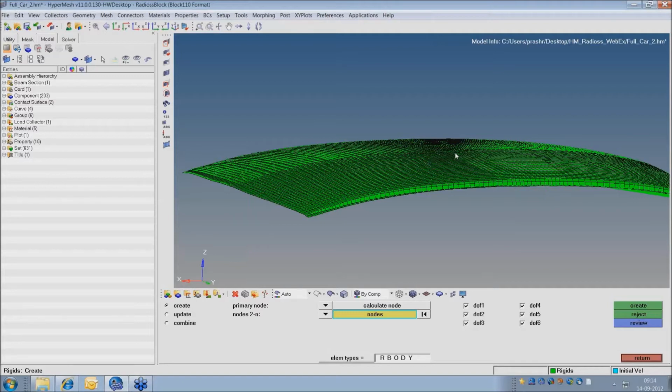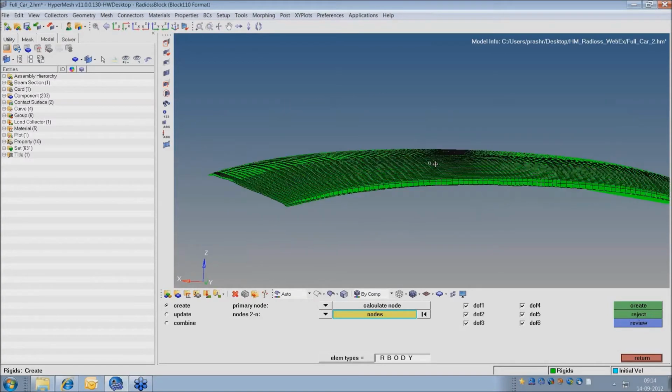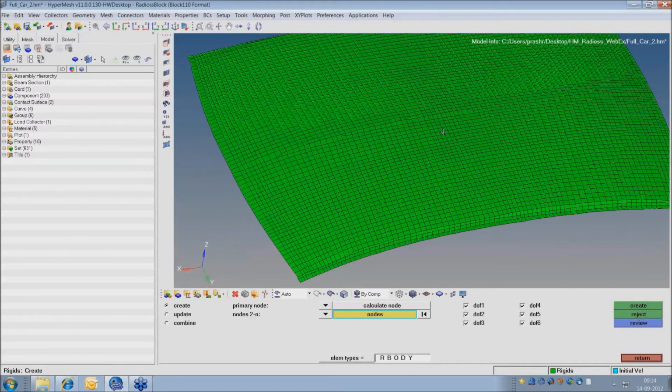Like if you have a load which is coming in a direction which is not following any of the global coordinates, then you have to create a local coordinate and use that for applying the force. So I can show you that, and I can also show you how we can create the curve, because the loads like force, pressure, gravity, imposed velocity, imposed displacement require the curve in the time domain. So I can show you that as well. So that is our final objective, to create the force in a direction which is not aligned to any of the global directions. So that is our ultimate objective.